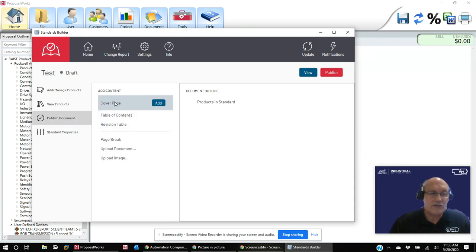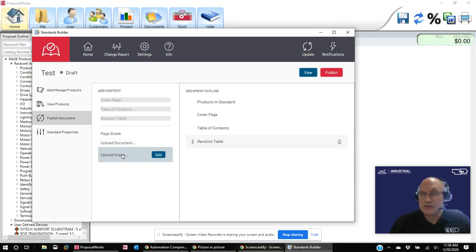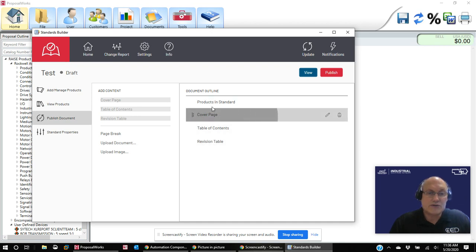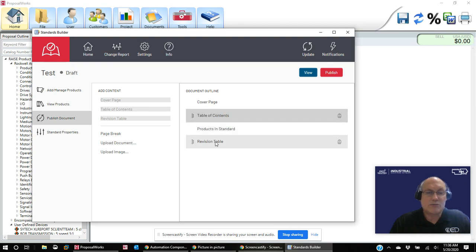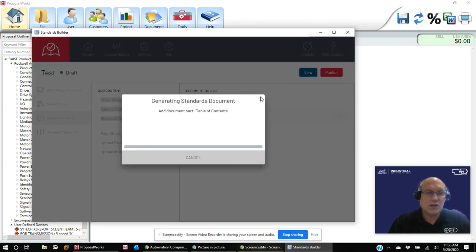Here's basic things. So I'm going to have a cover page, table of contents. I want a cover page. I'm going to add that in there, and I want a table of contents. I want to add that in there. Yep, I want to say what revision I have, and you can add in your own custom documents and images, things like that. Over here, I can just simply drag and drop how I want this to be done. So I want cover page to be first, followed by the table of contents. I'll put the revision table at the end after my standards, but it could be at the front. I can do a quick preview of it, and it'll